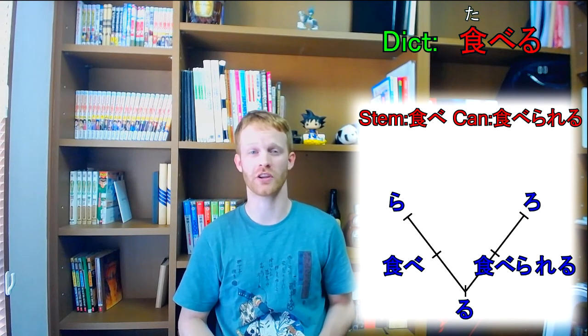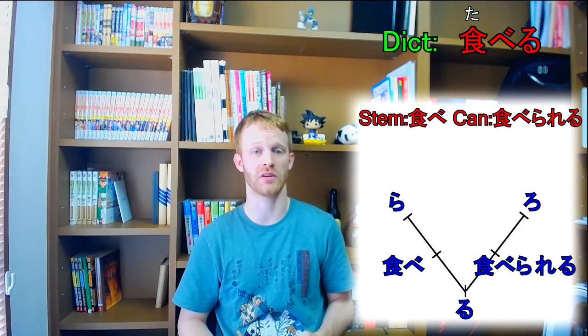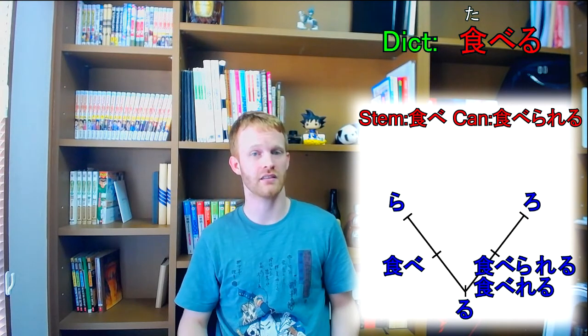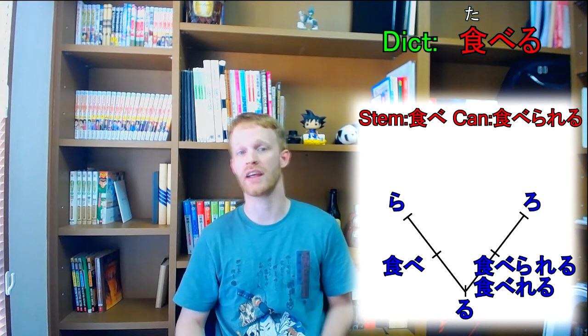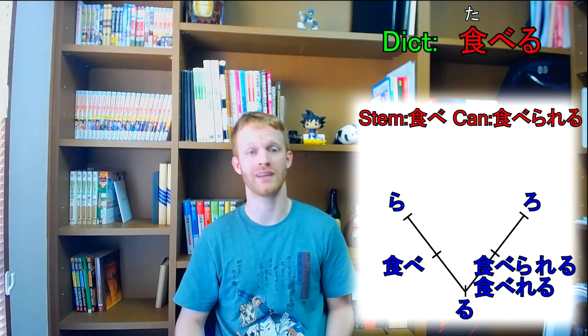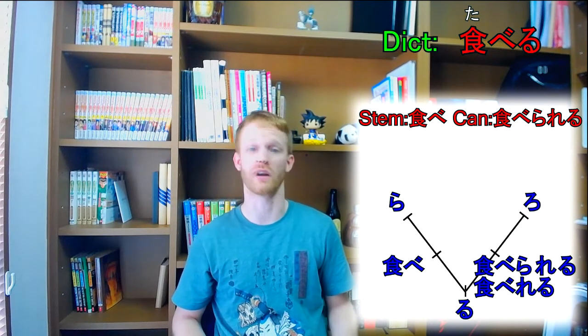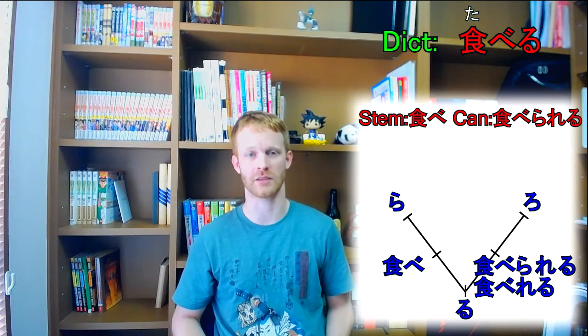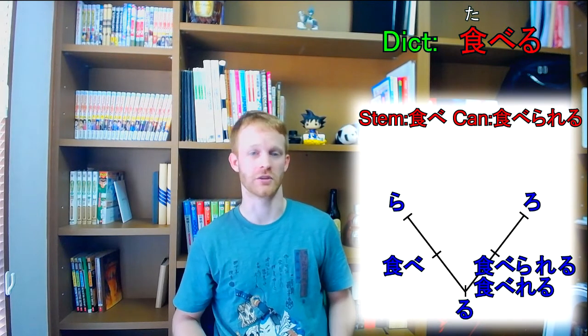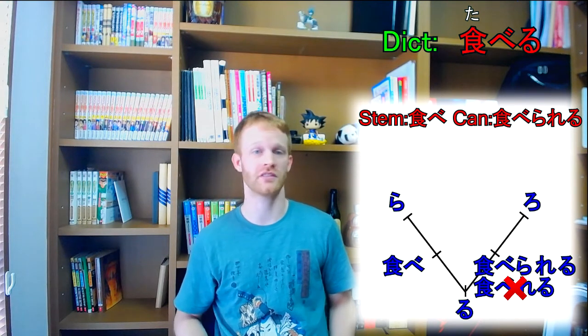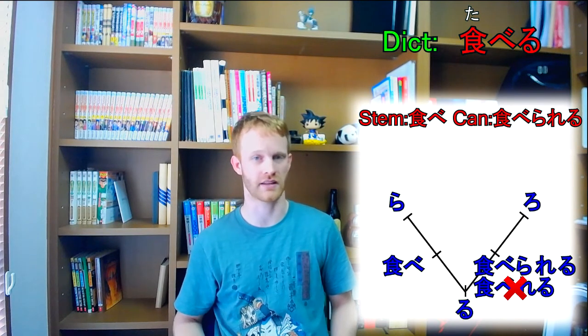Now recently, younger generations have started, instead of saying taberareru, just saying tabereru. The reason people started saying it like this is probably because it mimics the u verb format. Ka-u, kaeru, taberu, tabereru. However, this is not recommended to speak in this way because another form, called the passive form, is exactly the same as this ra-less form. So it can get really confusing and you have to use context. So please don't use it. This is generally thought of as just slang, but I teach it to you now so you at least understand when it's said to you.